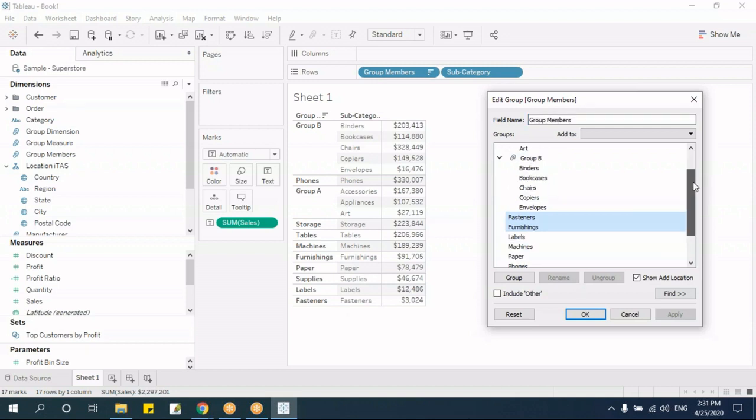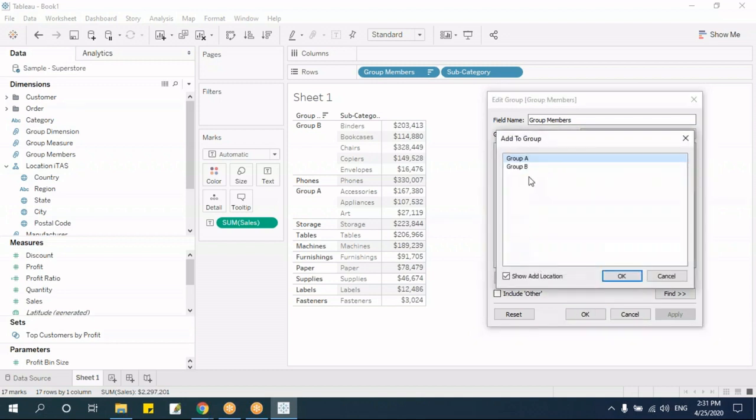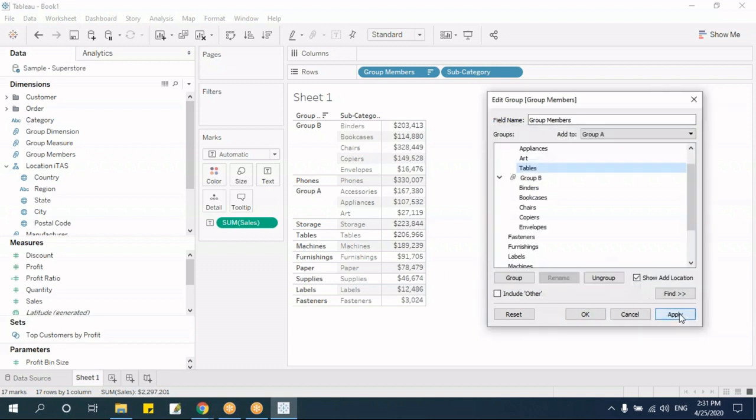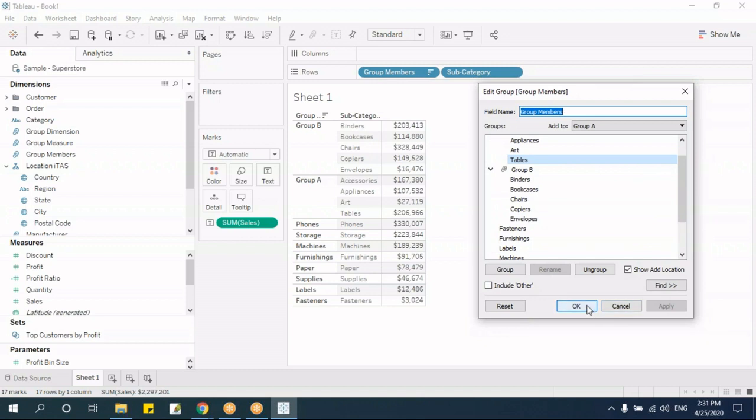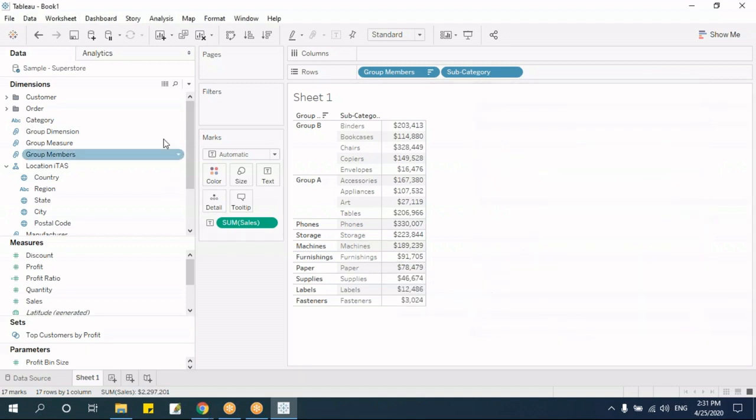If you want to add, let's say I'll go here. Let's say I want to add these tables. Right click, add to. It will ask which group I should add to. Let's say I'll add to this group here. Now say apply. See, that will come here. So this is how you can edit. Let me go here, I'll say okay, and then